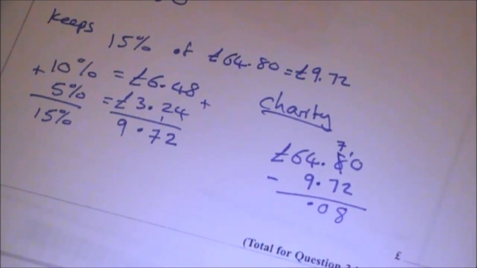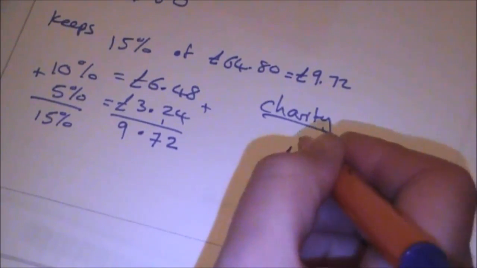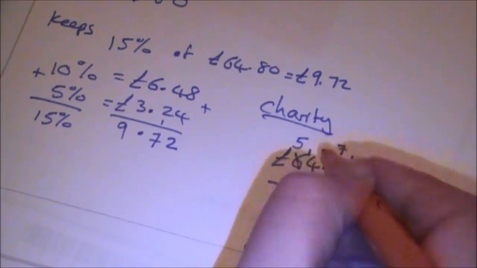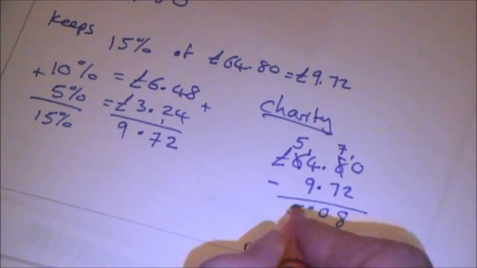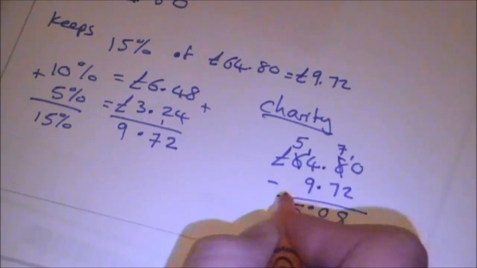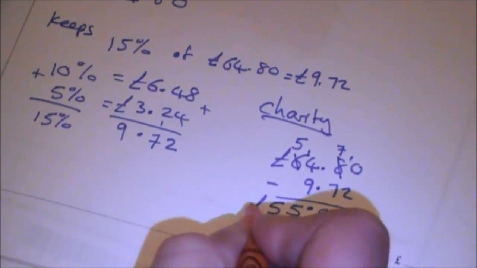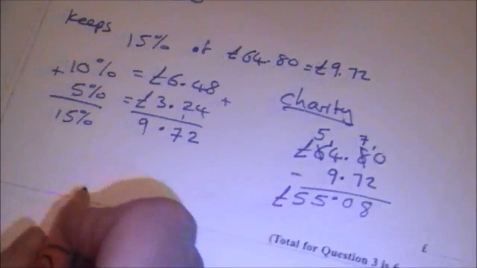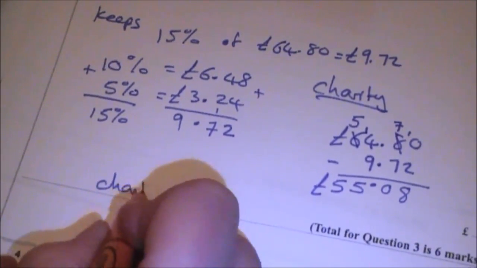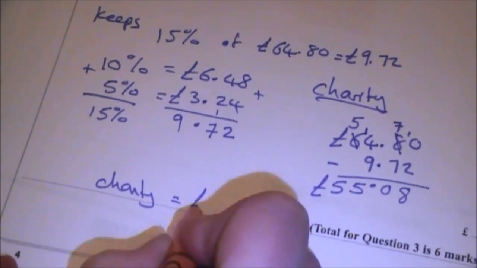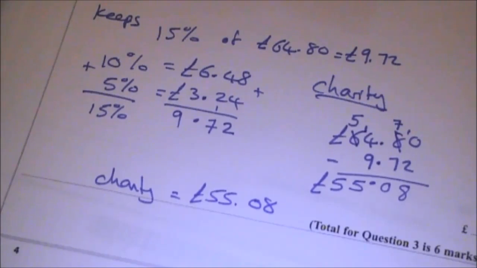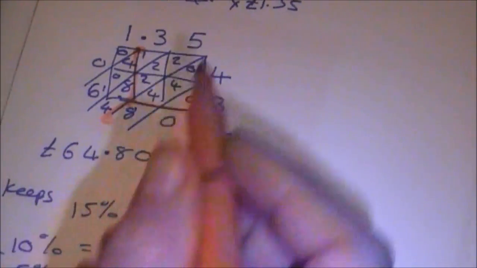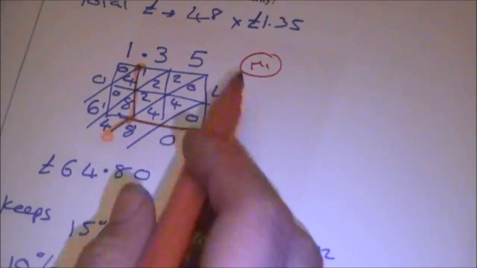I've got 4 take away 9, which I can't do. So I'll go next door. That becomes a 5. This becomes 14. 14 take 9 is 5. And then I've got that 5 take away nothing is 5. So charity gets £55 and 8 pence. With regards to mark schemes for this question, you get 1 mark for showing a complete